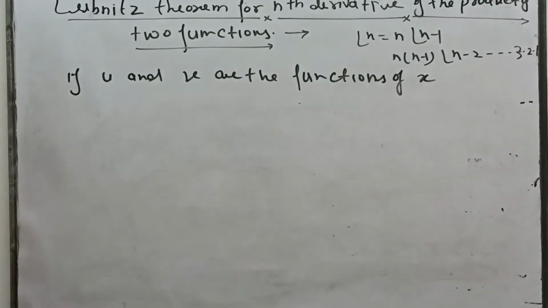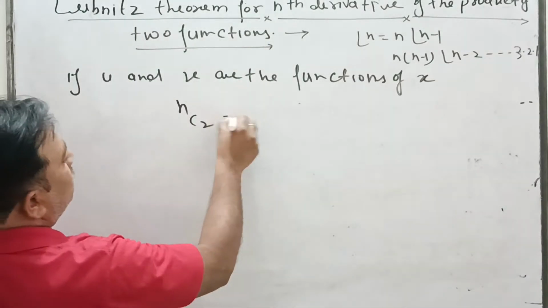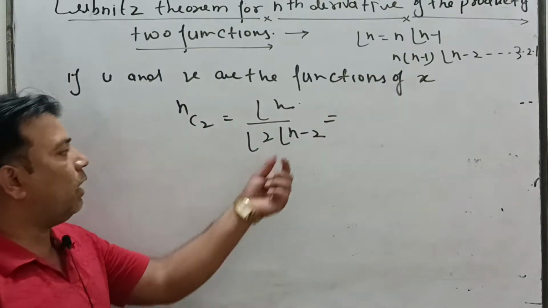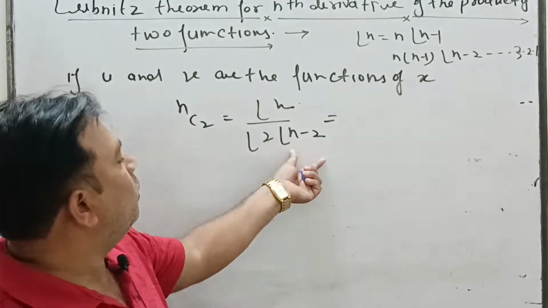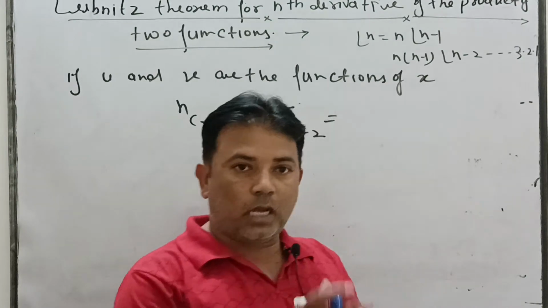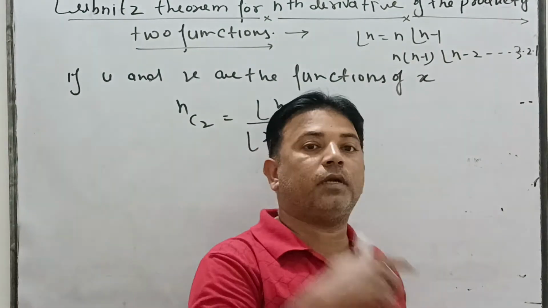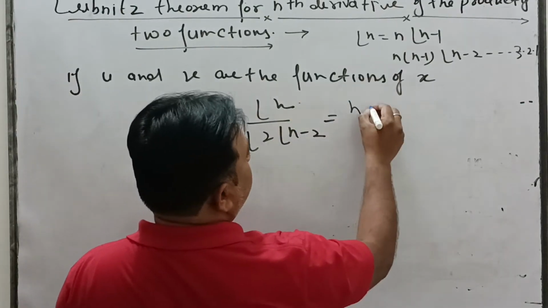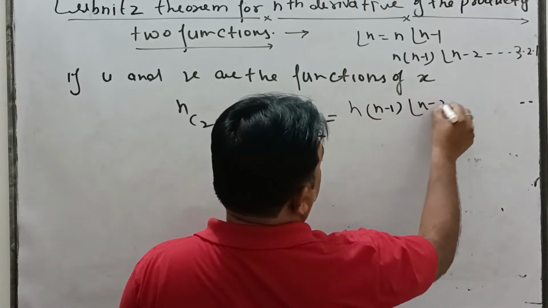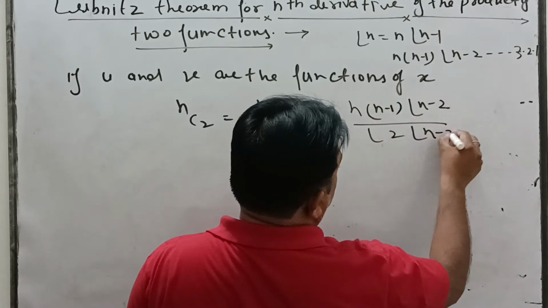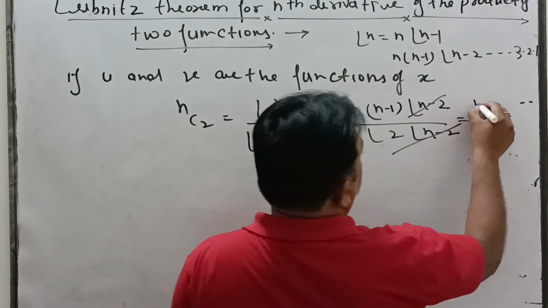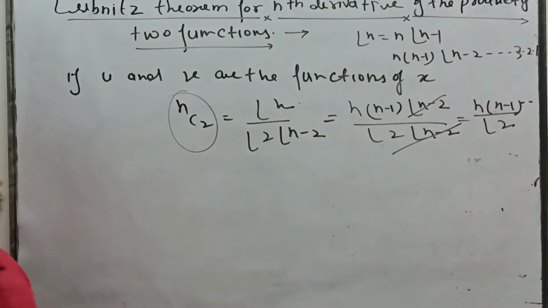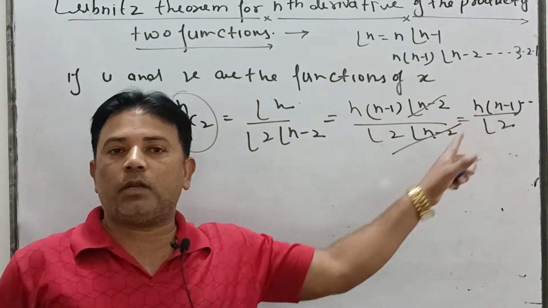So you know about nC2, which is factorial n over factorial 2 times factorial n minus 2. You cancel out the n minus 2 factorial. A larger factorial can be converted into a smaller one, but a smaller one does not convert into a larger. So we take out n, then factorial n minus 1, again n minus 1 times factorial n minus 2, upon factorial 2 times factorial n minus 2. Cancelling, you write n(n minus 1) upon factorial 2. In place of nC2 you write the value n(n minus 1) upon factorial 2.